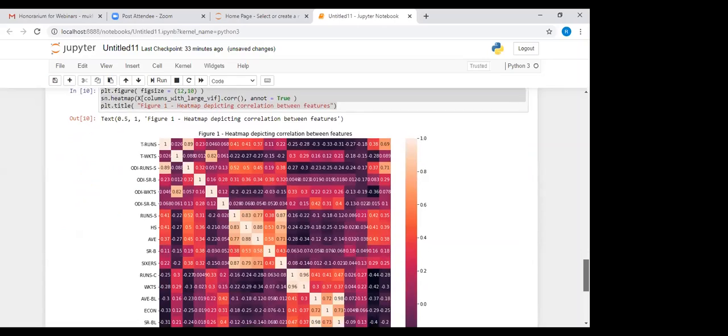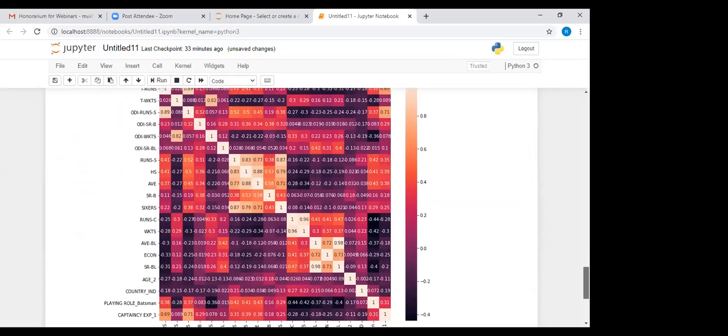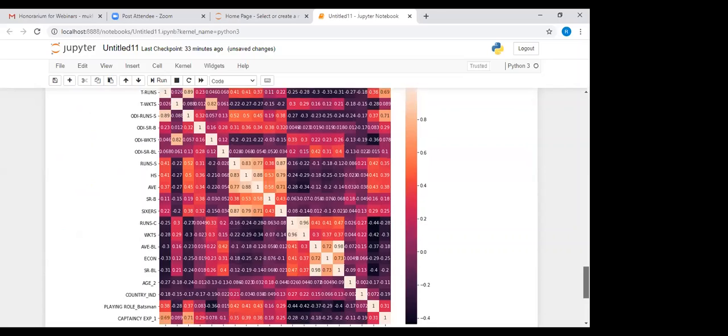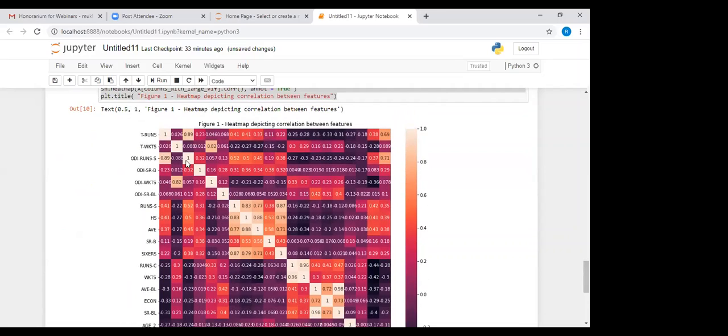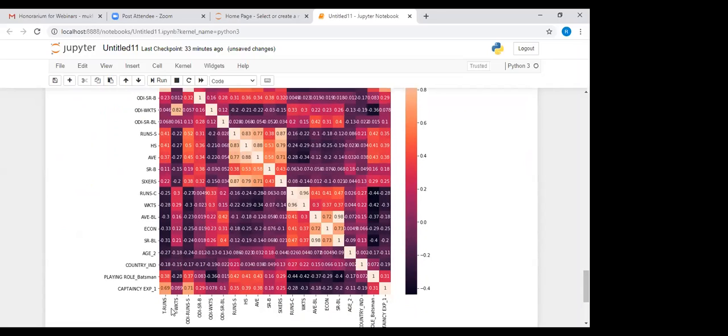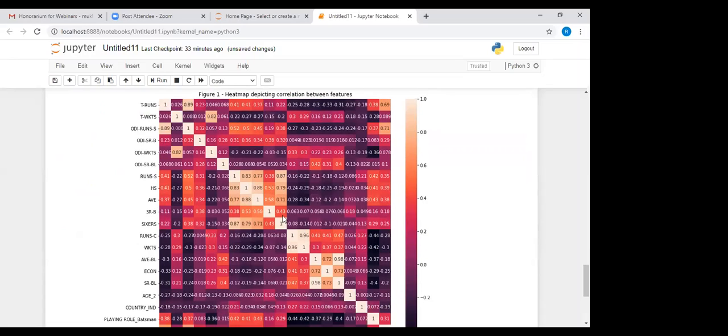Okay, this is the heat map. See, what does it mean? It means on the columns you have all the variables and on the rows you have the same variables. So it gives a measure of correlation between each of the two independent variables.